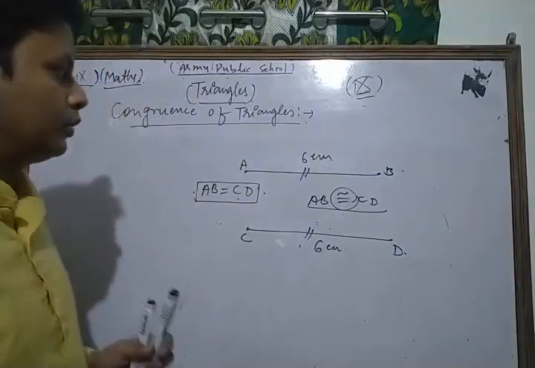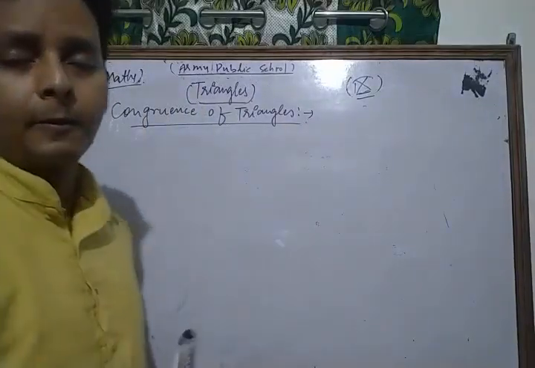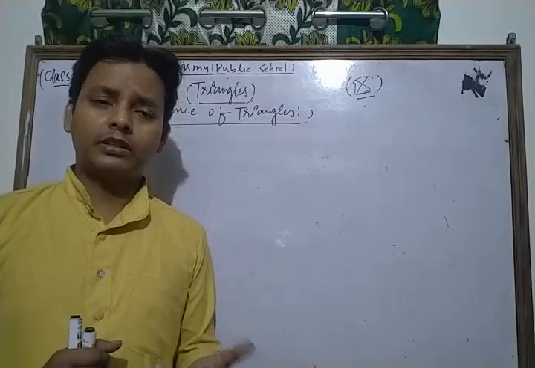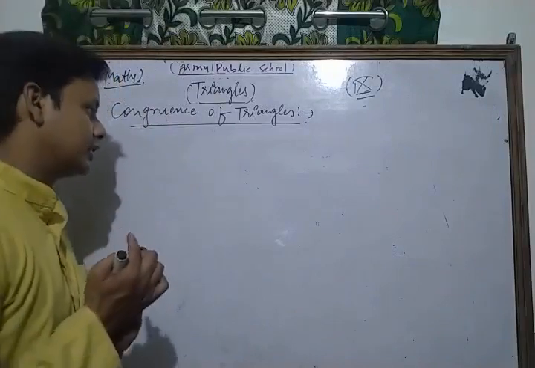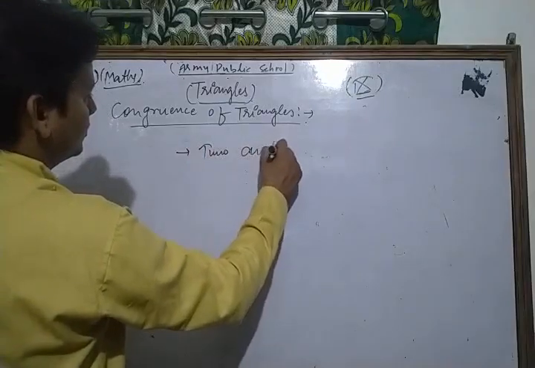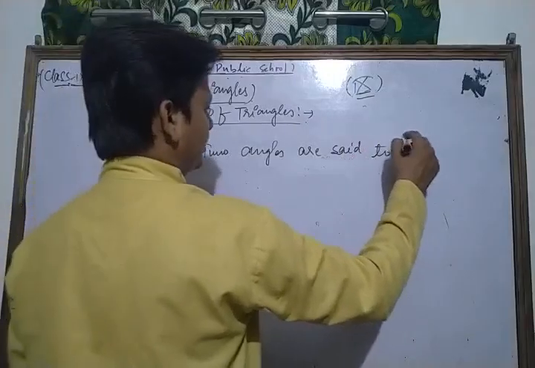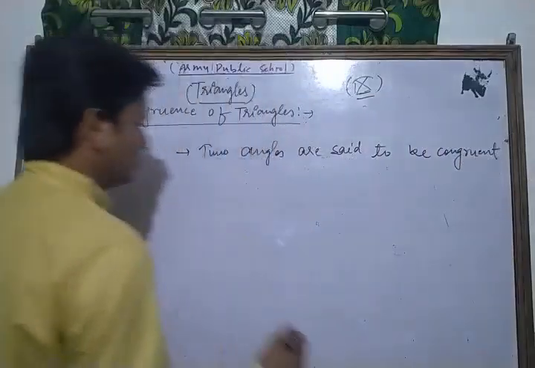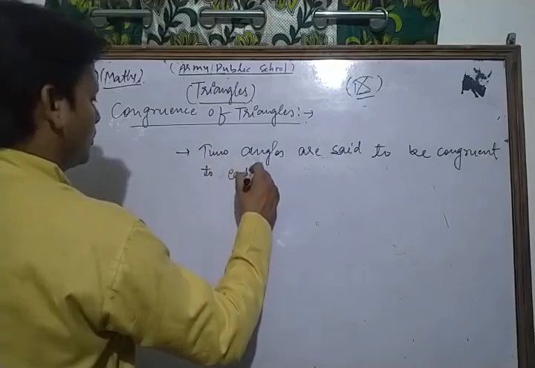Okay, now we are going to clear up the congruency of angles. We are showing two angles. In what condition are two angles congruent to each other? Two angles are said to be congruent to each other